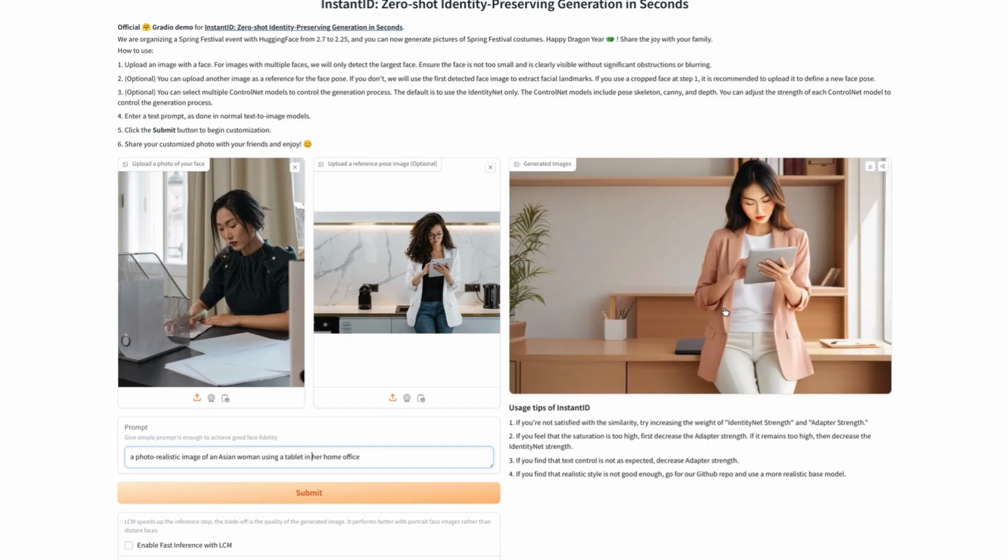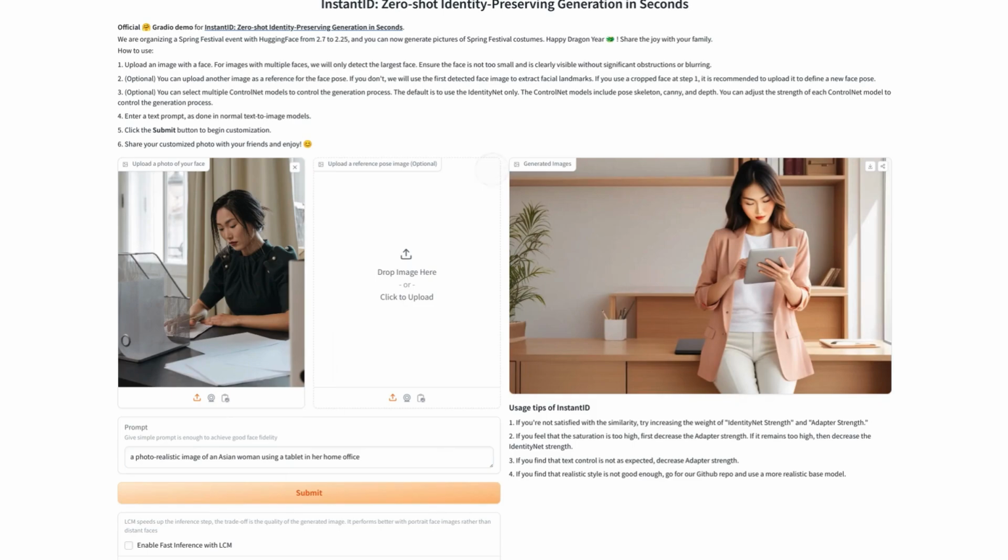I just want to be clear, I grabbed these images from pixels.com and I'm just using them for testing. This isn't bad, but you can tell this is AI because her fingers, it looks like the fingers are abnormally long, and her face looks like it's AI generated as well. But we'll try another pose. So we'll upload this image